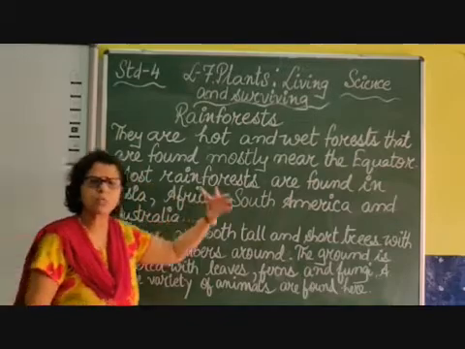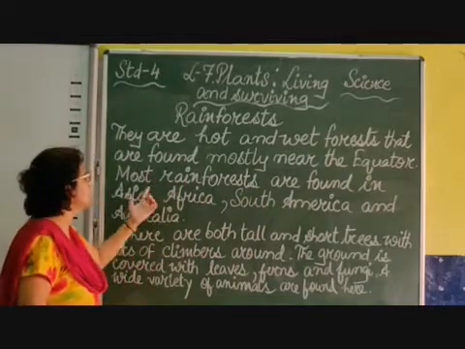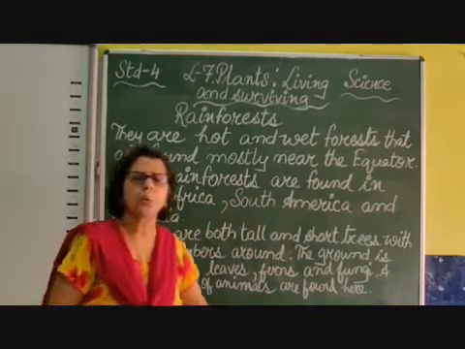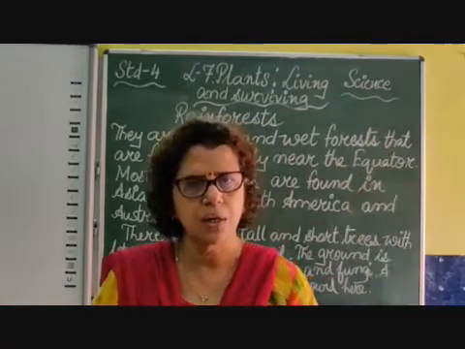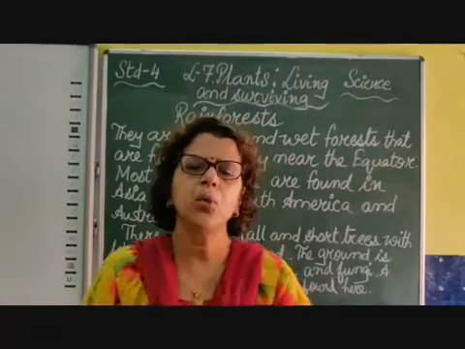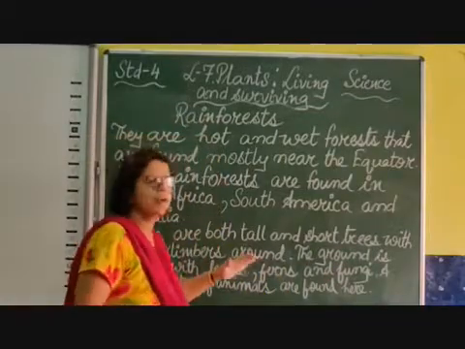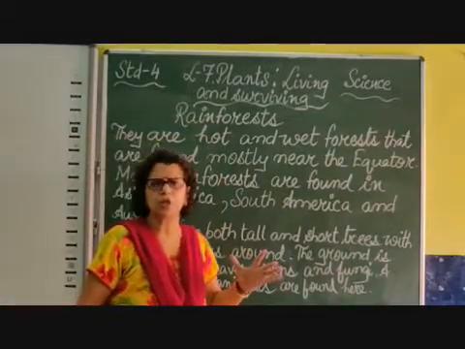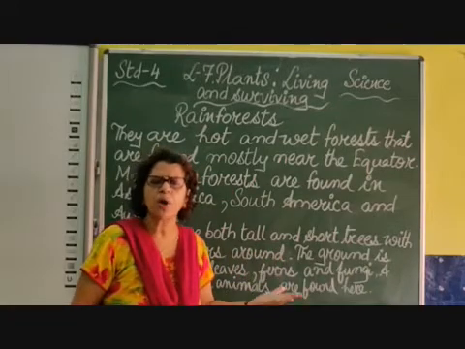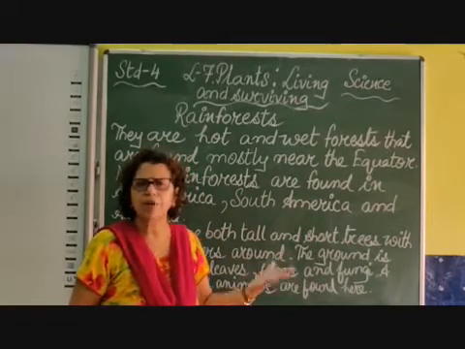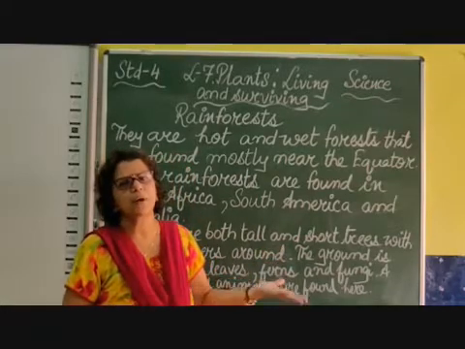Wet means they have heavy rainfall, and they are found mostly near the equator. Equator is a line that divides the earth into two equal halves. In the equatorial region, these forests are found because of high temperature, it almost rains every day. And if it rains so heavily, there would be different varieties of trees which will lead to the development of